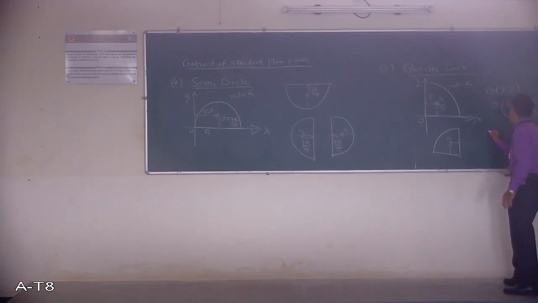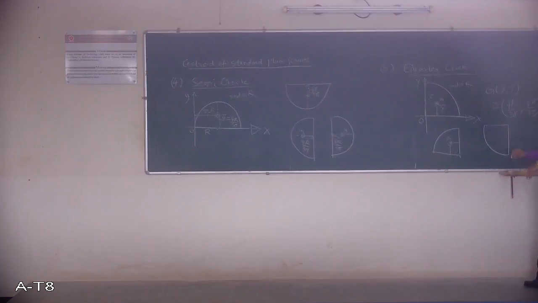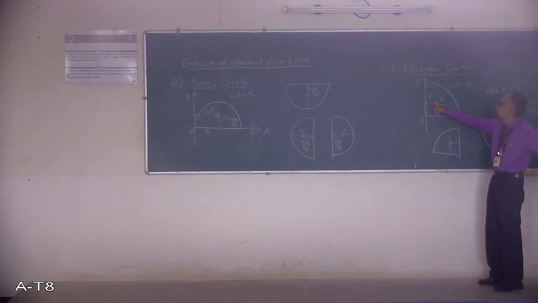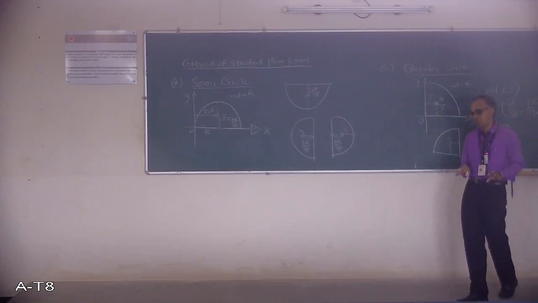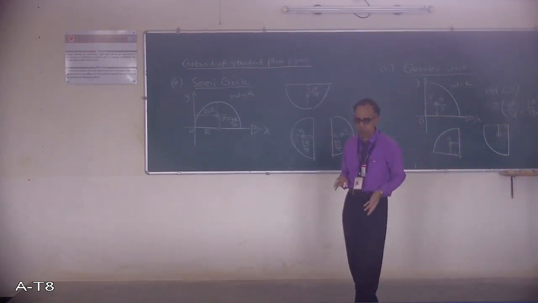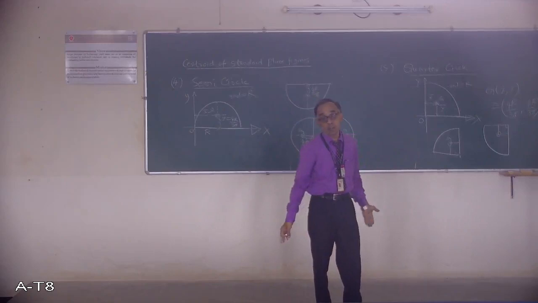Suppose I draw a quarter circle like this. Okay. I told you, you may get it in any shape. When you get a quarter circle like this, from the point where the quarter circle is drawn, mark a point here. Okay, this is 4 r upon 3 pi and this is 4 r upon 3 pi. This is very, very important. Both are 4 r upon 3 pi. So I told you, this is the derived equation, so you must remember this equation. How it is 4 r upon 3 pi, when I come to the problems, at that time you will be able to understand how it is 4 r